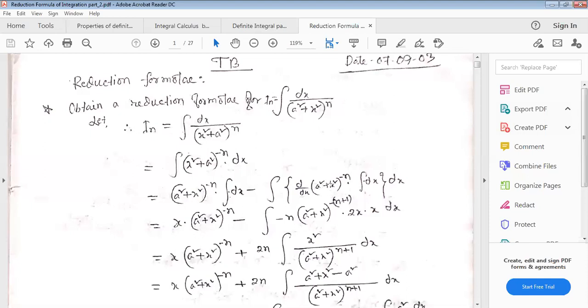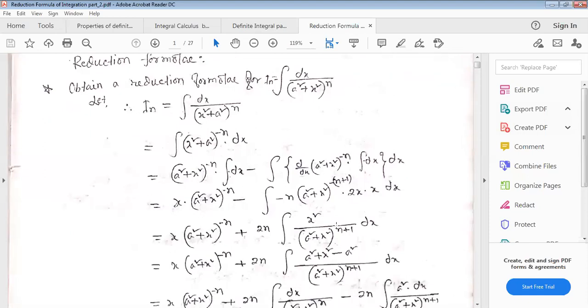Then again differentiation of x. Differentiation of s square is 0 and of x square will be what? Twice x. But the integration of 1 will give x. So we get only 2x square, and there n, this is twice n, constant before the integration, and x into x means x square.